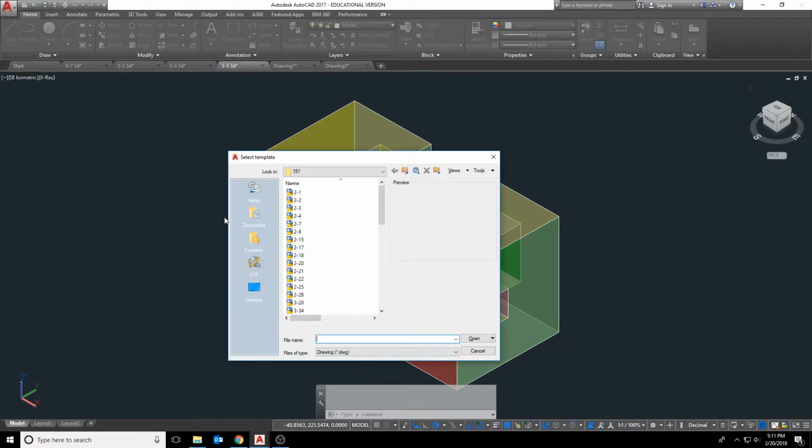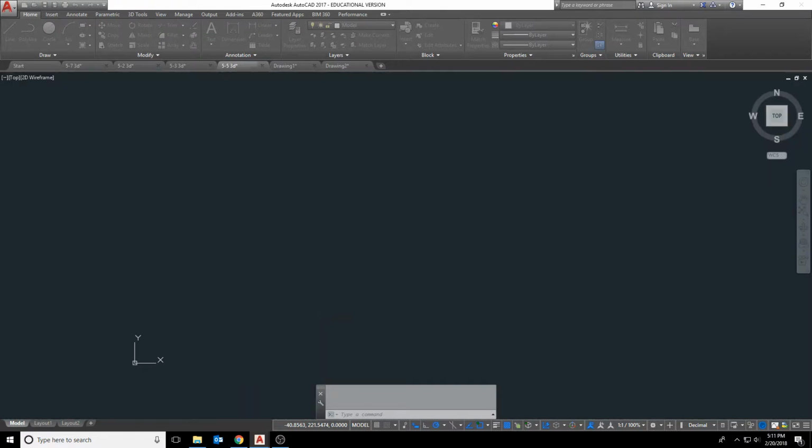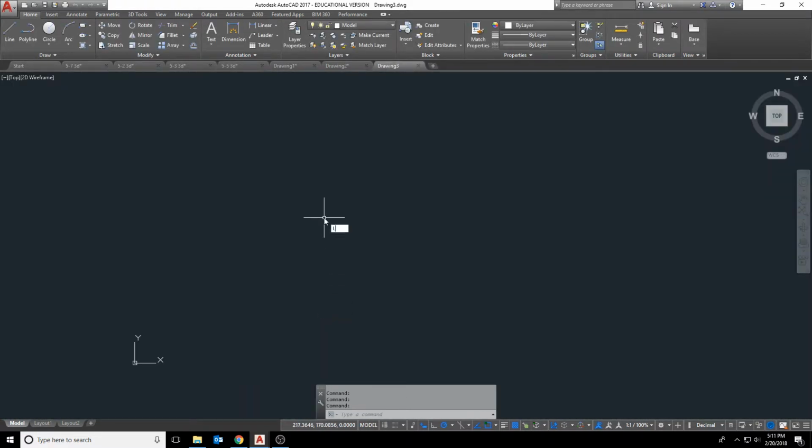So I'm going to click on New, and I'm just going to go to the metric file, and I'm going to start by drawing my front view. So this is going to come over 30, and then it's going to go down 40, comes across 80, goes back up to the same dimension as this, comes back in 30, and then there's going to be a little